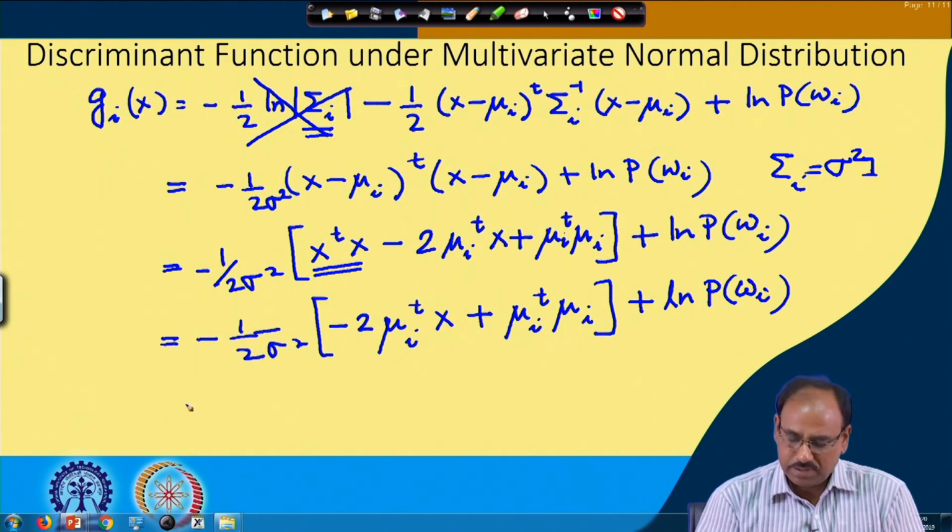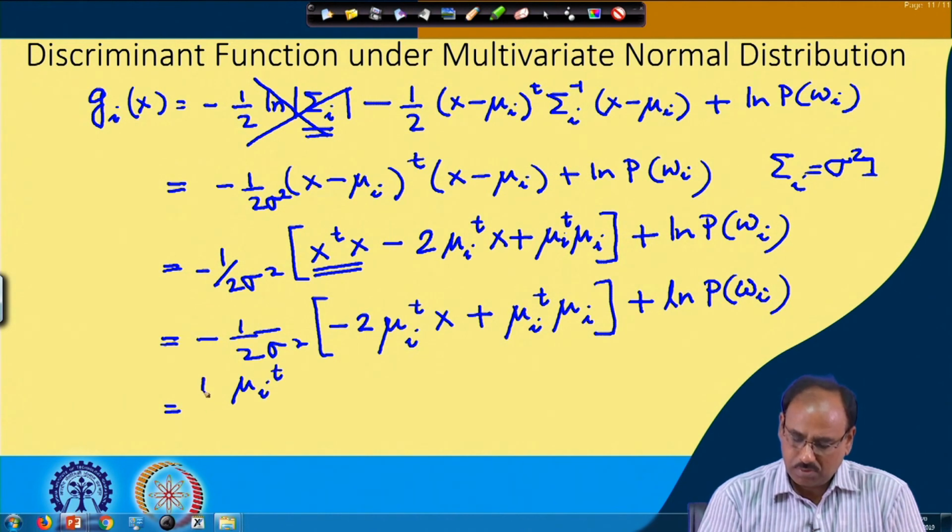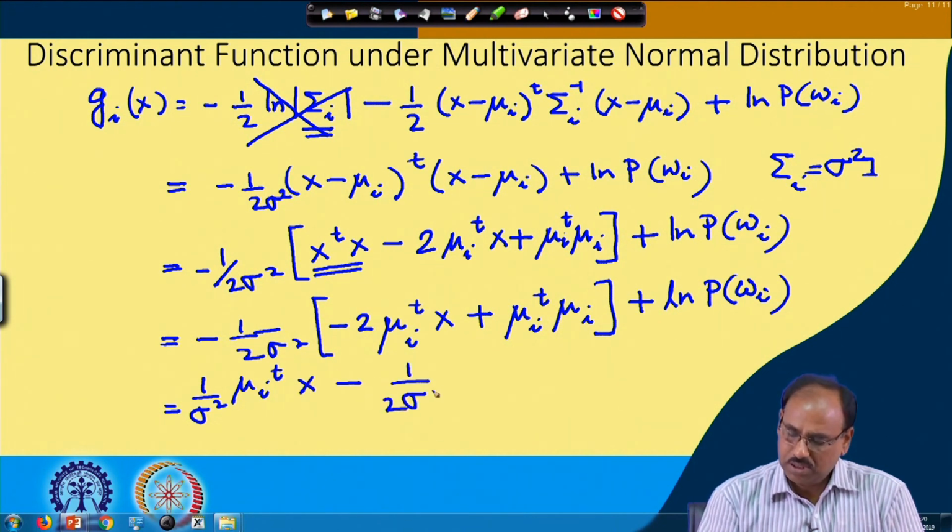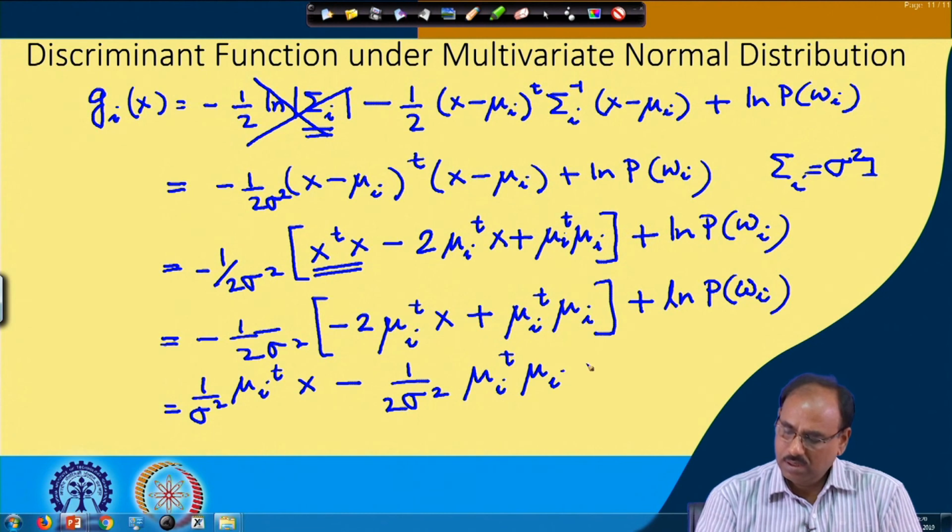You simplify this, and it simply becomes 1 upon σ² μ_i^T x minus 1 upon 2σ² μ_i^T μ_i plus log P(ω_i),